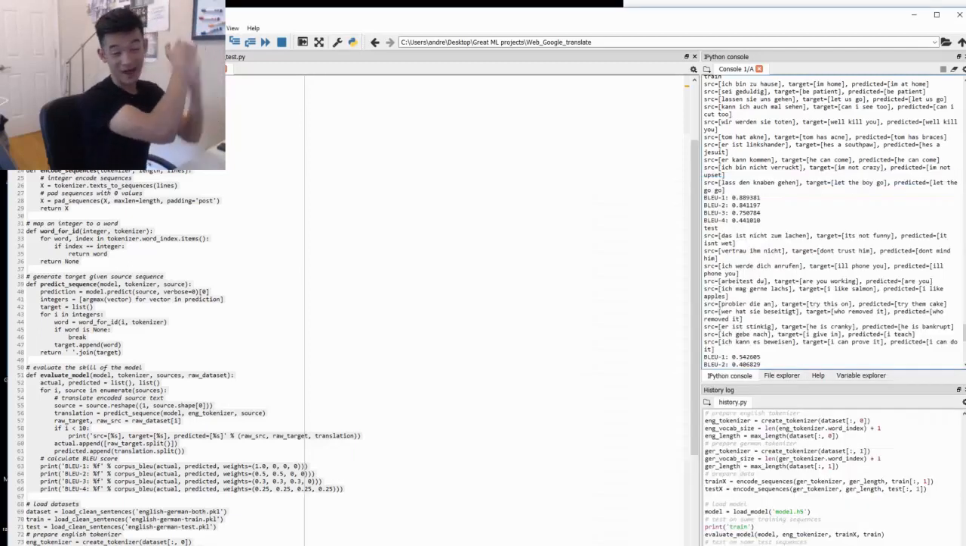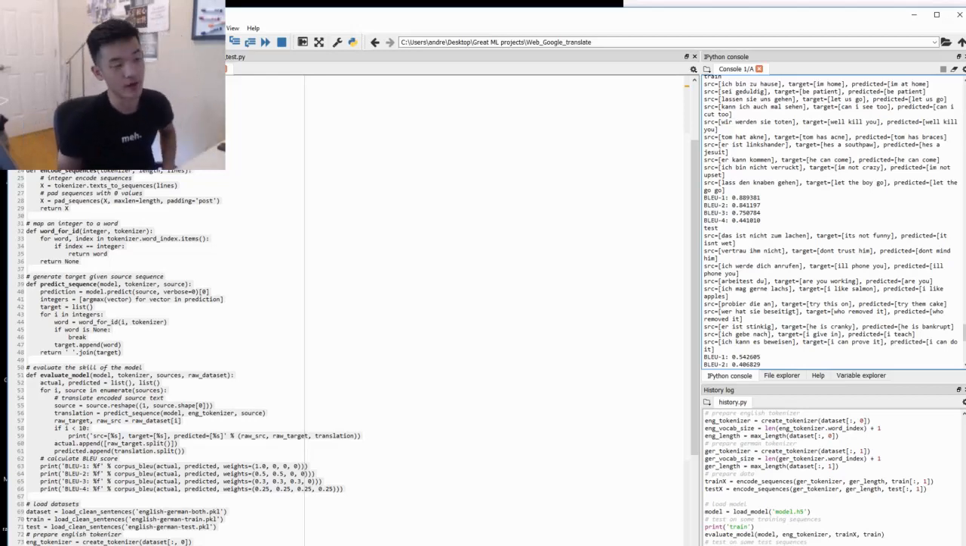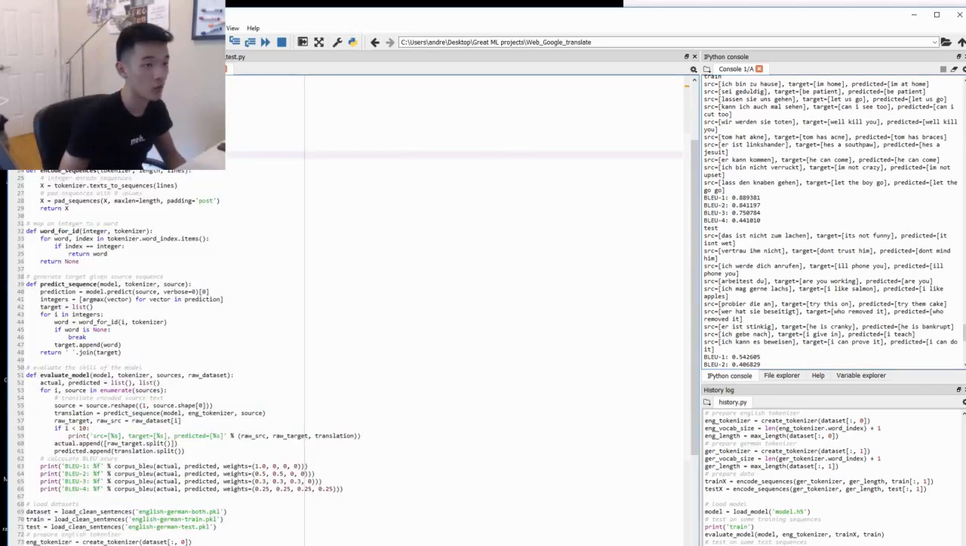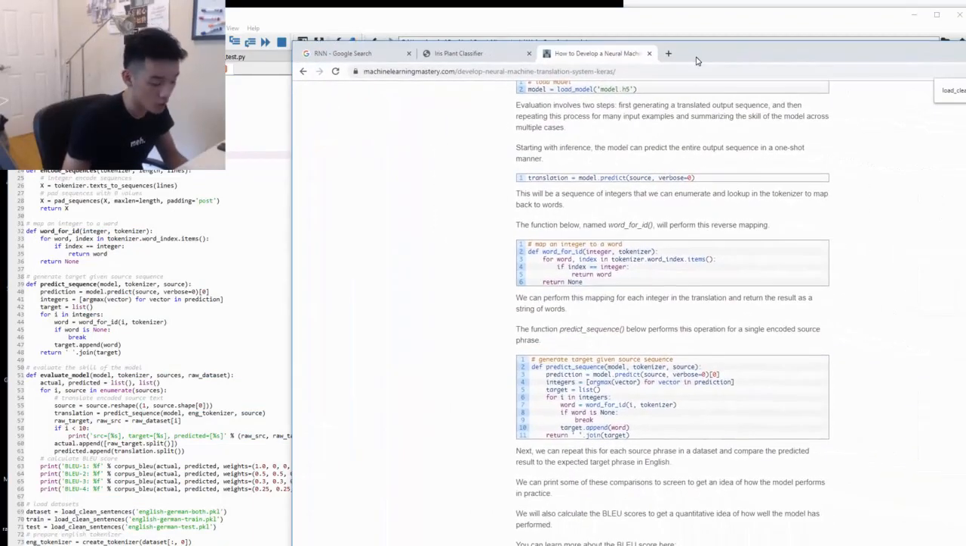Hey guys, welcome back. In this one, we're going to be training the actual neural network, which will later, in turn, allow us to make predictions of the Spanish, of the English or German text. Let's get started. What I'm going to be doing is completely just following this tutorial,